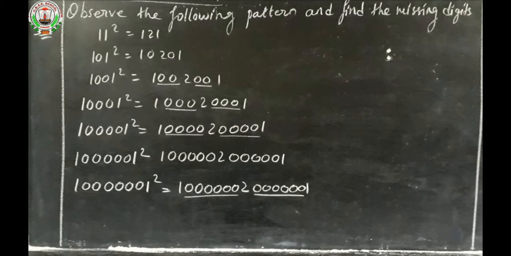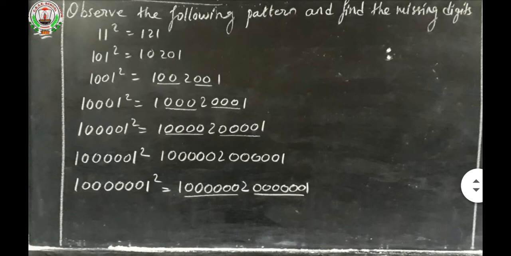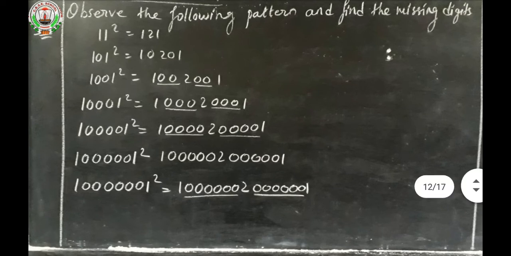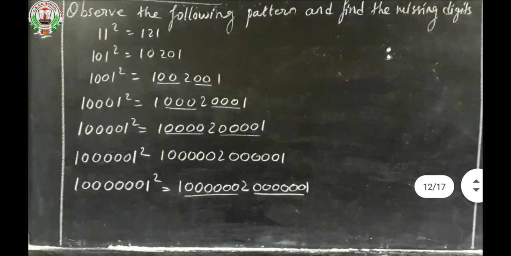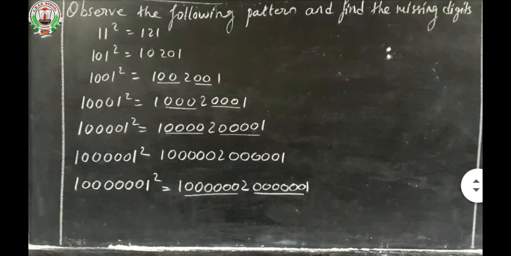Okay, so here when 11 is there, no zero is coming. When 1 0 1 is coming, then in the answer also, in between 1 and 1, the zeros are coming, like 10201. In the same way, again 2 zeros are there in between 1 and 1, so it will be 2 zeros again in the answer, that is